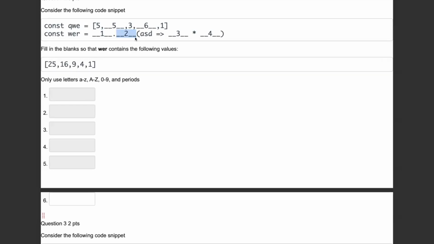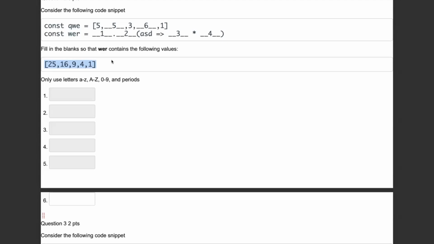know a few, right? We know filter, we have map, we have find, find index. There's a whole bunch of them, right? We don't know yet which one, but it's one of them. And then that function iterates over each one of the items, passing each value to ASD, and notice that it's multiplying these values together, and whatever the result of that is being assigned to WER, right? Now it says that WER after going through this process results in the values 25,